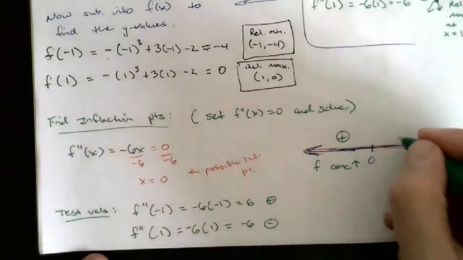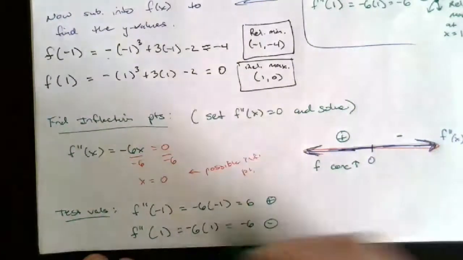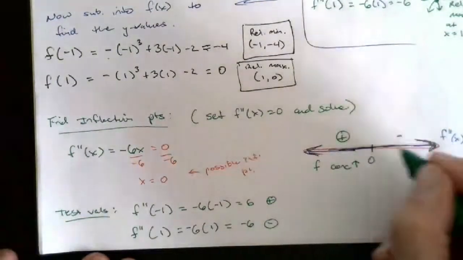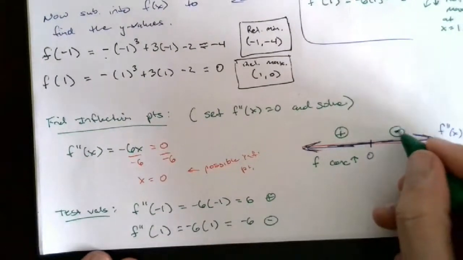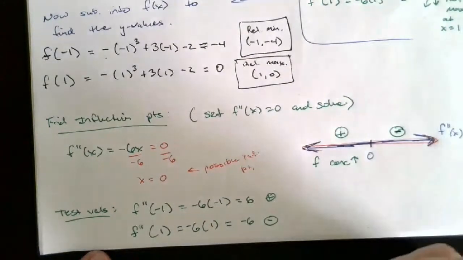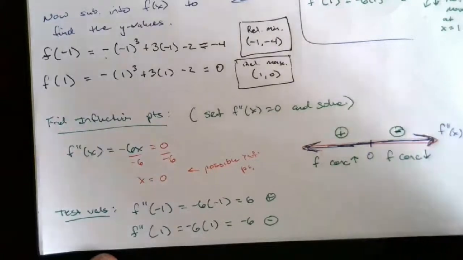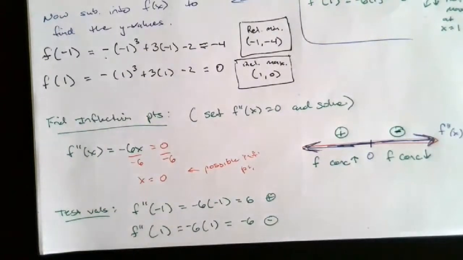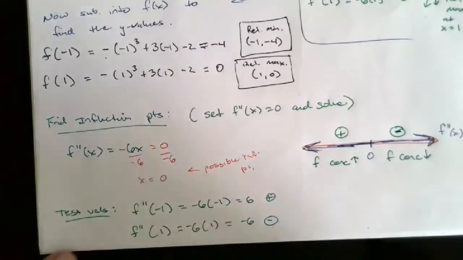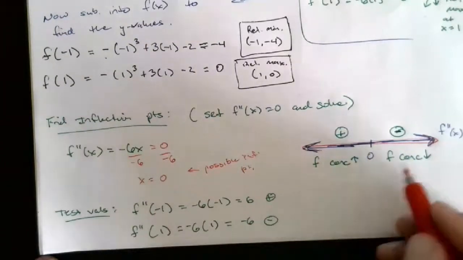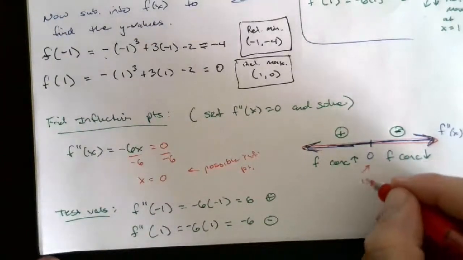Negative tells you that everywhere to the right of 0, because that's a point to the right of 0, the second derivative is negative. What does that tell you about the original function? Well, it tells you the original function F is concave how? Well, it's concave down. So because this switches from concave up to concave down, the concavity changes there. Then we have an inflection point